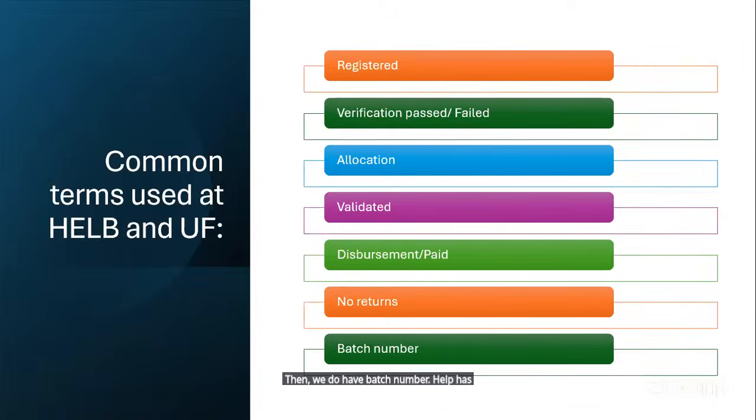HELB has a batch number. You will keep seeing it appearing even on your portal. So the batch number is to show you that the money has been prepared in this specific batch, and if you are to follow it up with your finance office,